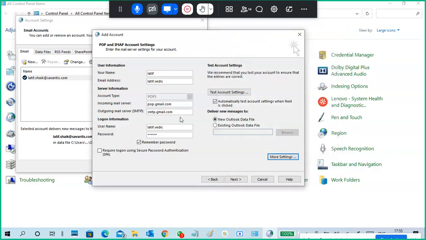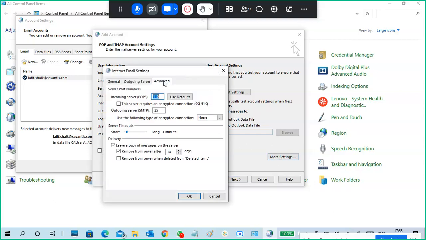For example, if you choose IMAP, it is not able to change here. Okay, POP only. But if you choose IMAP, in advanced you have to give the IMAP related port number, and SMTP related.